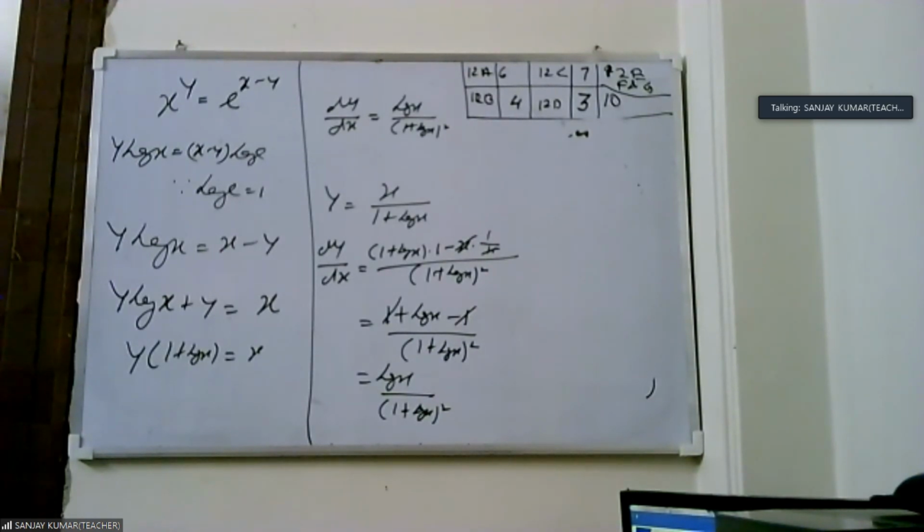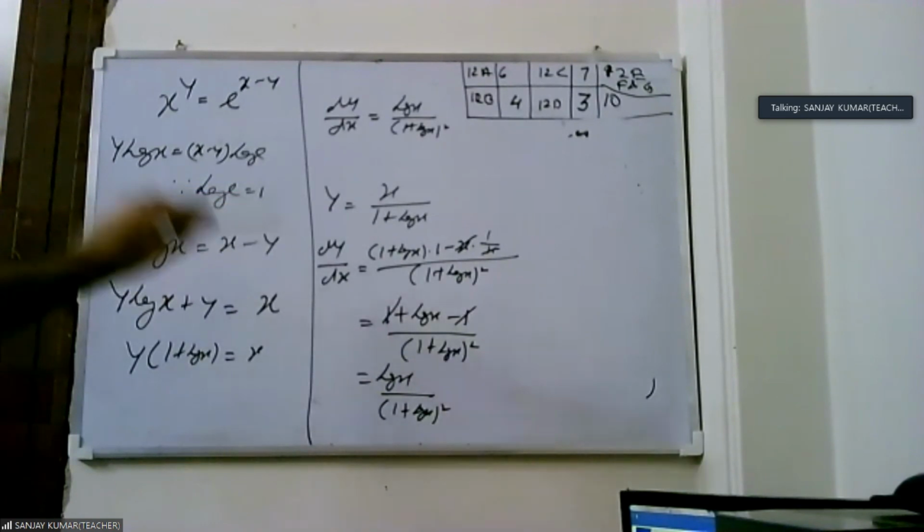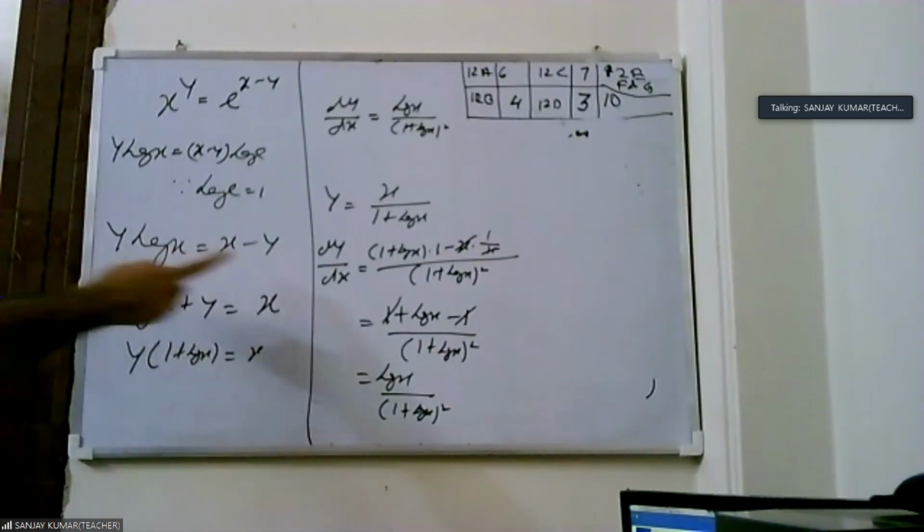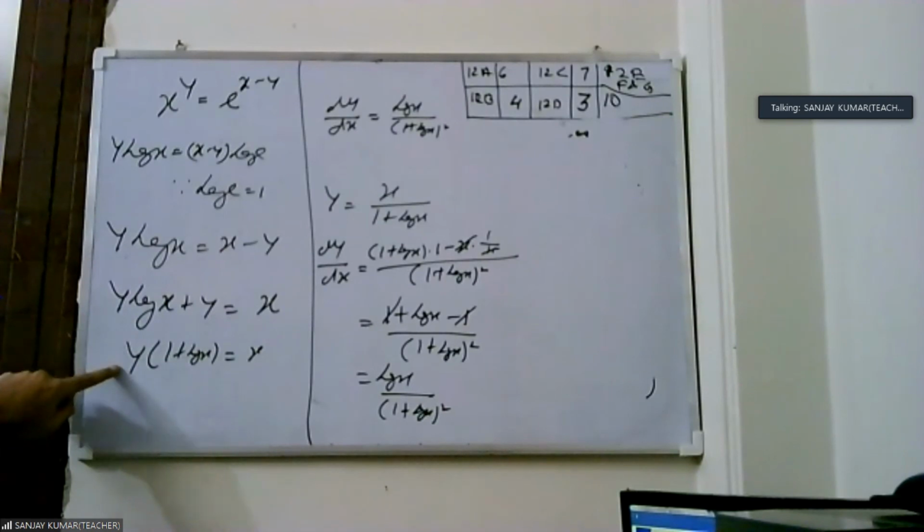If we differentiate on this step, then we have a problem. In the answer you do not have y, and if you differentiate on this step, you get y, so finally you would have to put the value of y. But the answer indicates (1 plus log x) whole square, which means they are using the division rule, and we do not have the division rule here. Then what do we do? We take y on this side and get the value of y from here. Then we start the differentiation, because now we have y equals x upon 1 plus log x, which is in numerator upon denominator form. So we simply differentiate it and we get the answer.